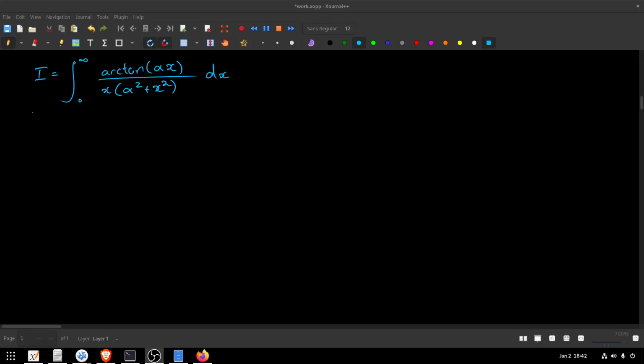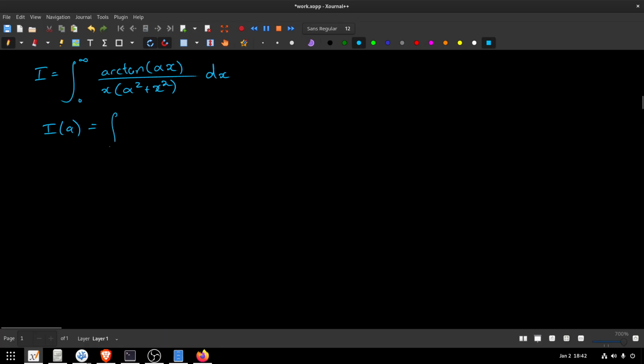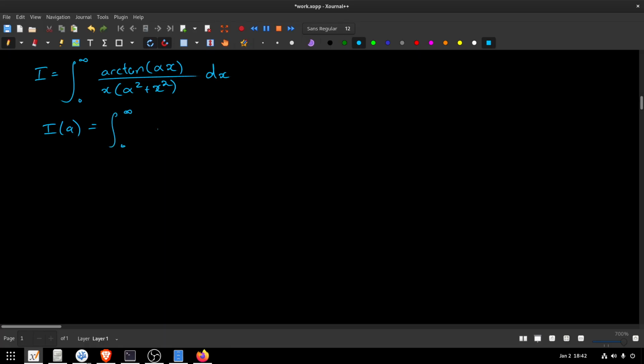Alrighty, in this video we are going to be solving the wonderful looking integral that you see on screen now, and we are going to be doing so by making use of a nice Feynman's trick. So the first thing that we are going to need to do is come up with our integral function. In this case we're going to call our parameter a, and a nice one that's going to work well here